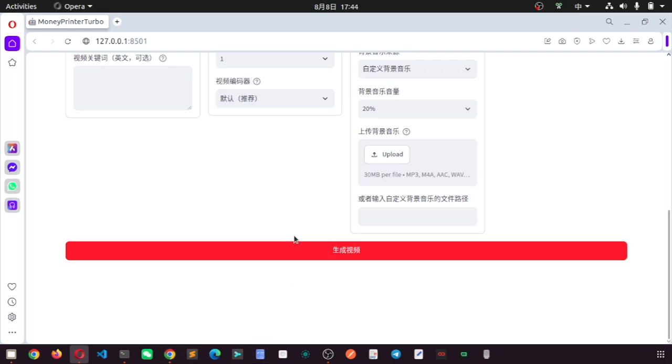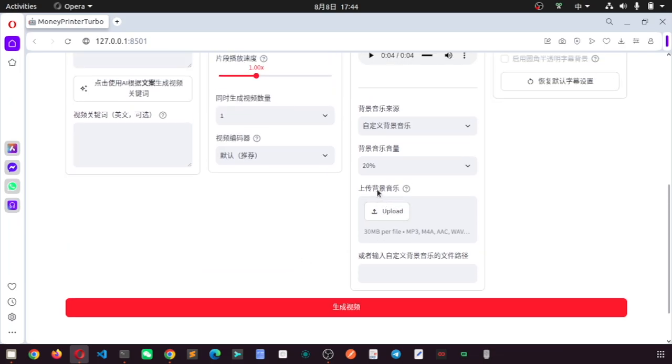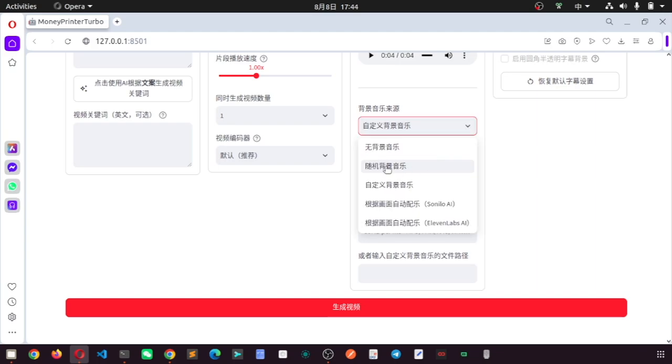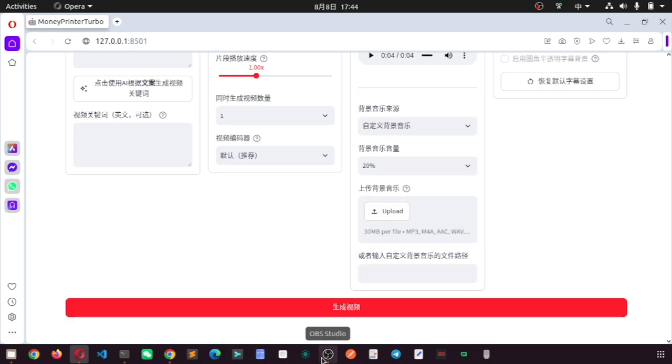That's a rough overview. The only issue I've encountered so far is with the custom background music upload. I'm not sure where the random BGM is downloaded from. The downloaded ones may have copyright issues, so you need to be careful about that. Overall, I find it quite